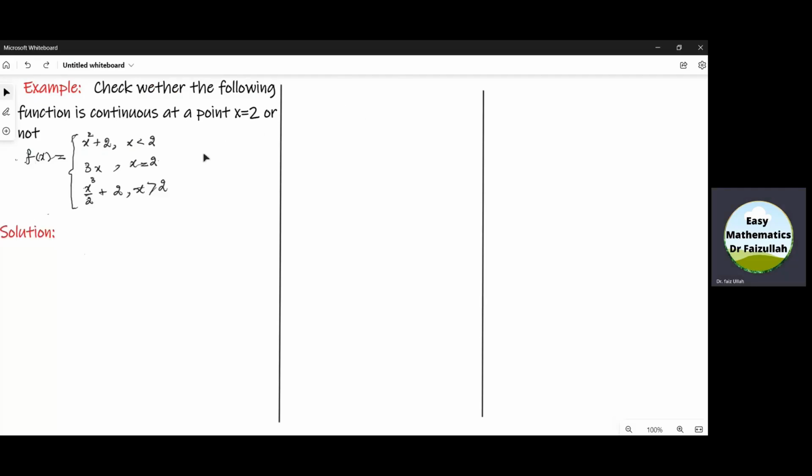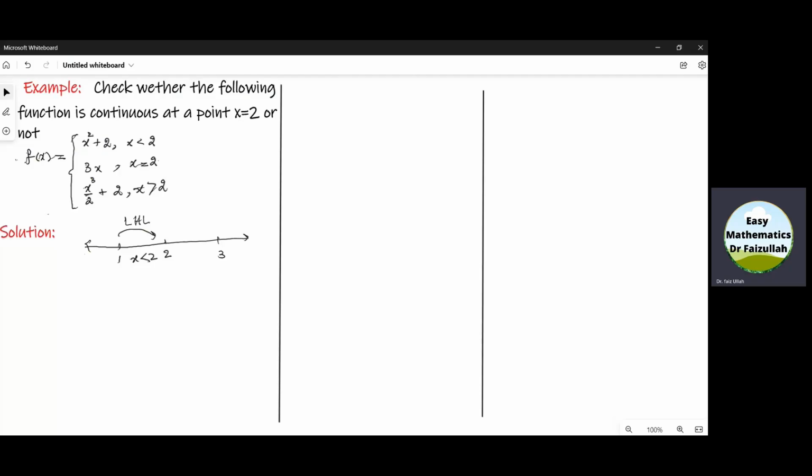In this example, we shall determine whether the function f of x is continuous at x is equal to 2 or not. Let us draw a real line and represent 2 on this real line. On the left hand side of 2 there is 1 and on the right hand side of 2 there is 3. We can see to find the left hand limit, all values on the left hand side of 2 are